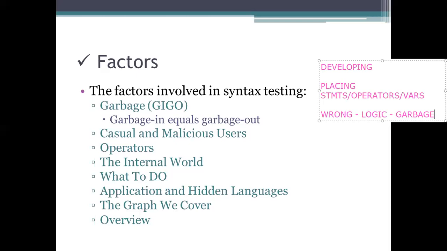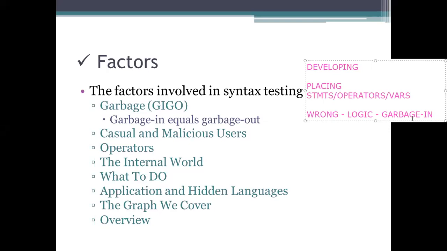So unknowingly you are providing this garbage into our program. If we are providing garbage into our program, if we are designing a wrong logic, then we can't hope that the program execution will be right. The execution will be wrong. That's why it is garbage in, garbage out.